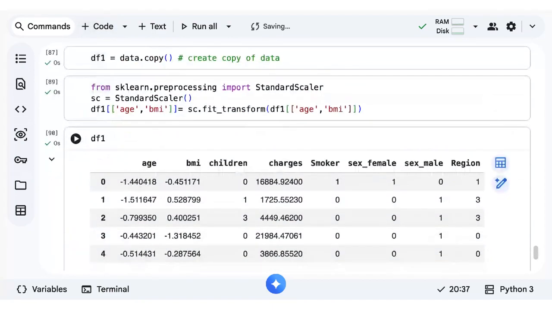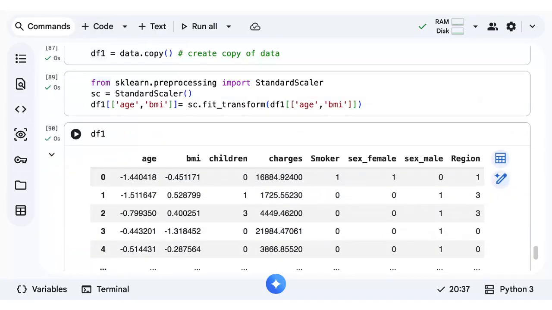Can you see? Your age and BMI got transformed into the same scale. Since it's a standard scalar, it can take positive as well as negative values. You see here, it converts to points like 0.5. If we do it for other columns, it will also scale them on the same scale, right? Instead of 1023, it will scale like age and BMI.